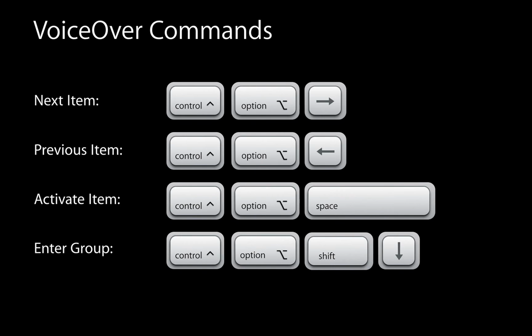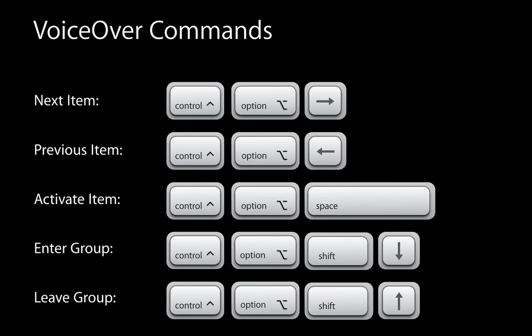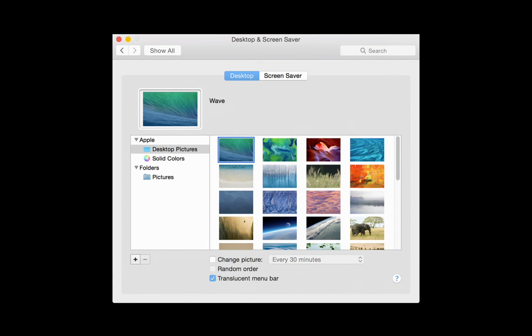One is Enter Group, which is Control Option Shift Down Arrow, and Leave Group, Control Option Shift Up Arrow. So what is a group? Well, VoiceOver has this concept of group, and it goes like this. If you have on the screen,